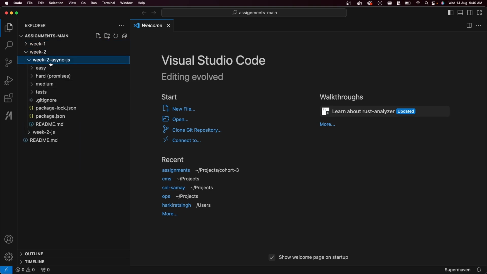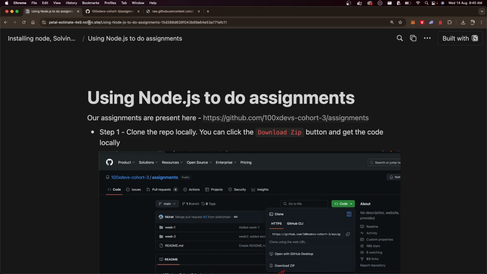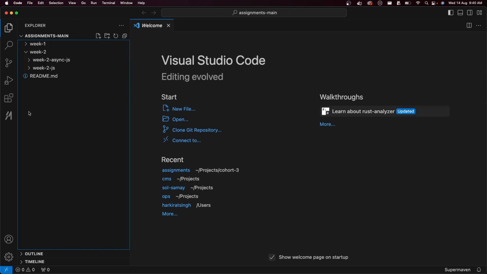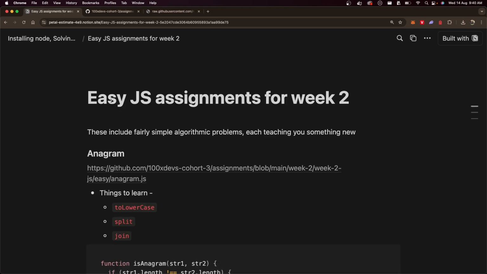Okay, given these assignments, how can you understand what it expects you to do? How can you solve it? That is what will happen from the next slide onwards. To recap, until this point, you should have the repository open locally in your Visual Studio Code like I do over here. And you should have Node.js installed locally. Only if you have done both of these things should you move on to the very first set of assignments